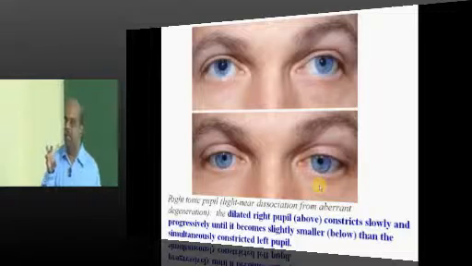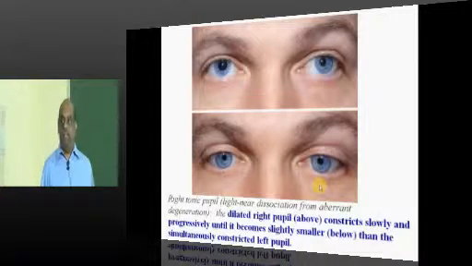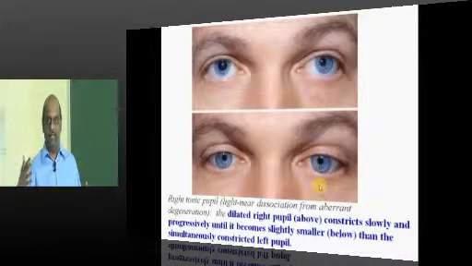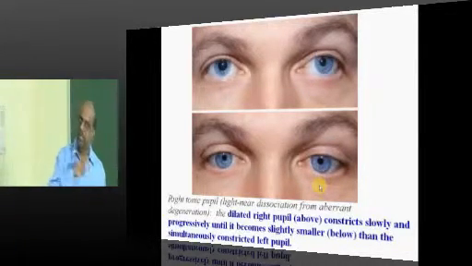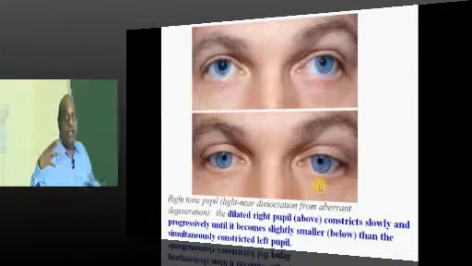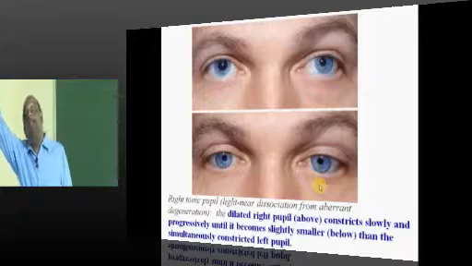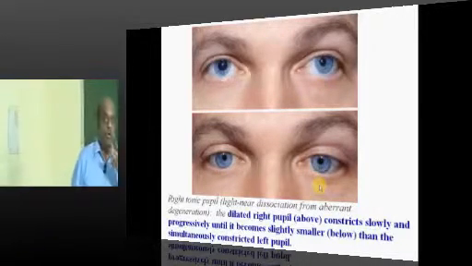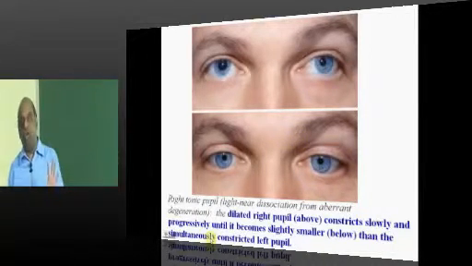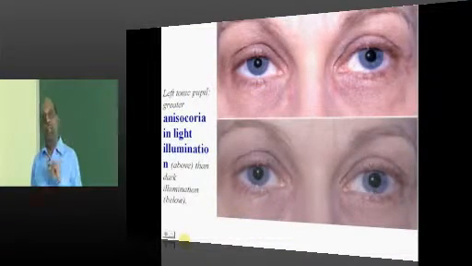When do you expect pupil to basically constrict, doctor? When you go into light. That's the reason there will be anisocoria, but when the person is exposed to bright light, the normal eye will be able to constrict, but the Adie's pupil will not be able to constrict, it will slowly constrict. Hence the anisocoria will worsen with exposure to light is equal to Adie's tonic pupil, and the anisocoria which will worsen when the person is exposed to dark is equal to Horner's syndrome is what you have to basically remember. These two things if you can remember without confusion in the exam, then that is more than enough.